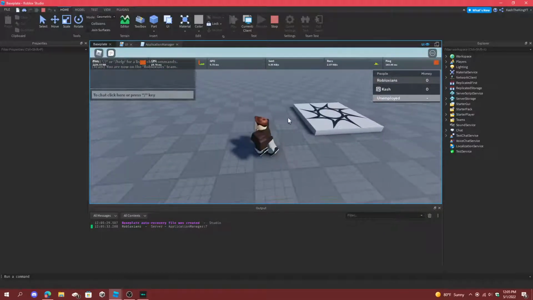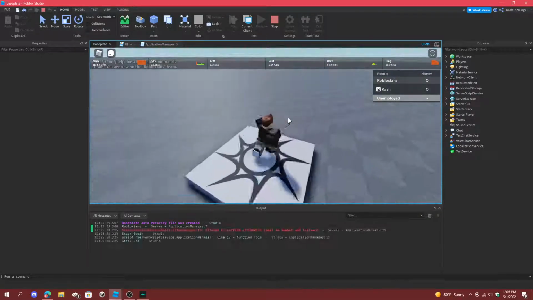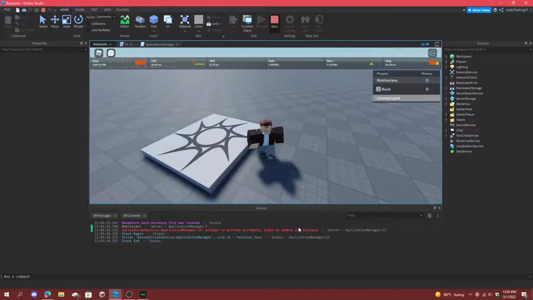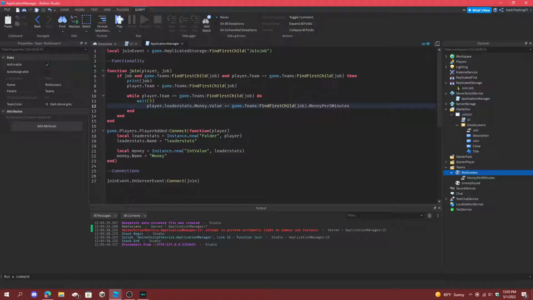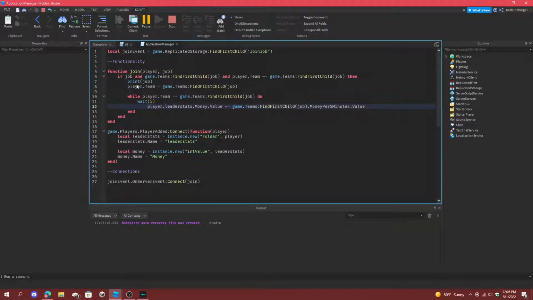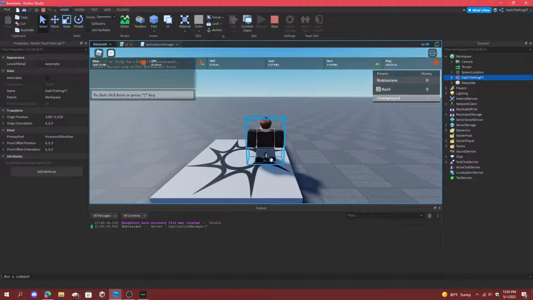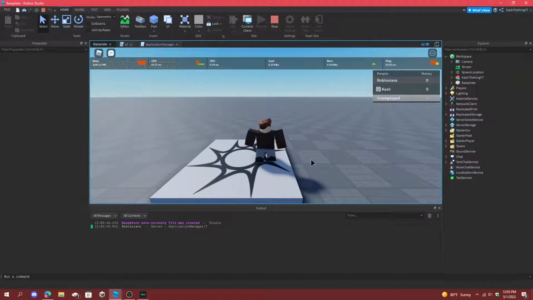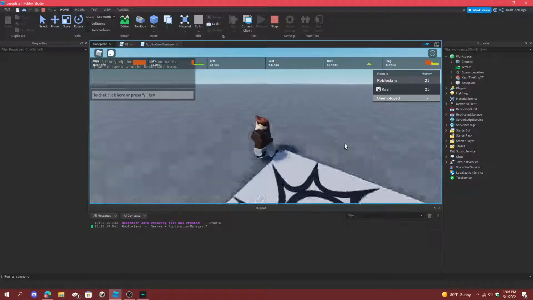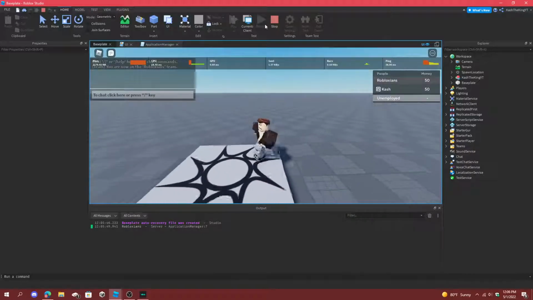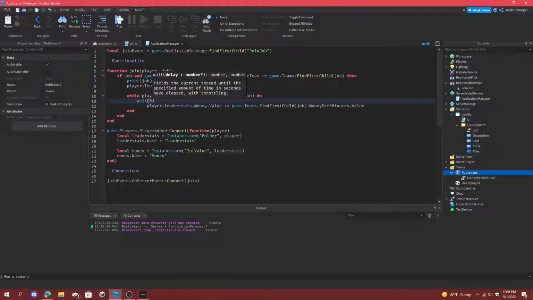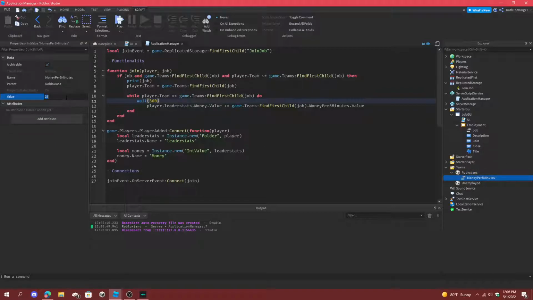So just wait 5 seconds. Oh, add on number and instance dot value. There we go. And now, finally, after all that hard work, it should work. Yep, it works. So then if we wait another 5 seconds, yep, and the job works. So then if we just make this every 300 seconds, the Robloxian gets